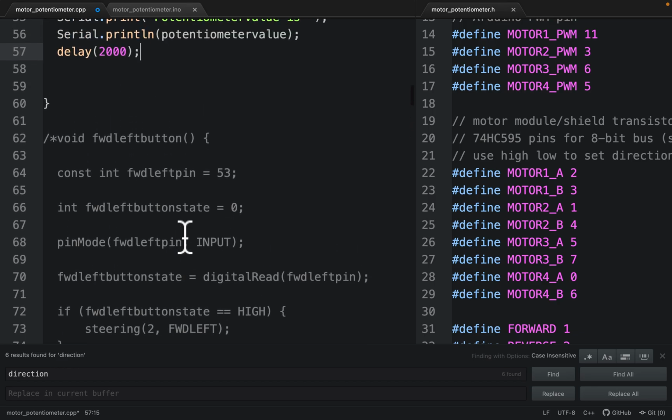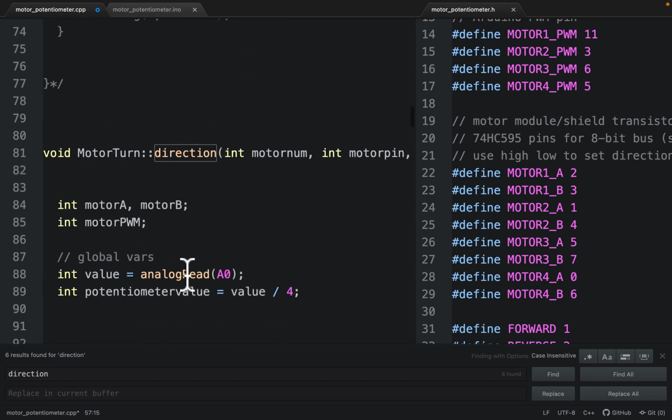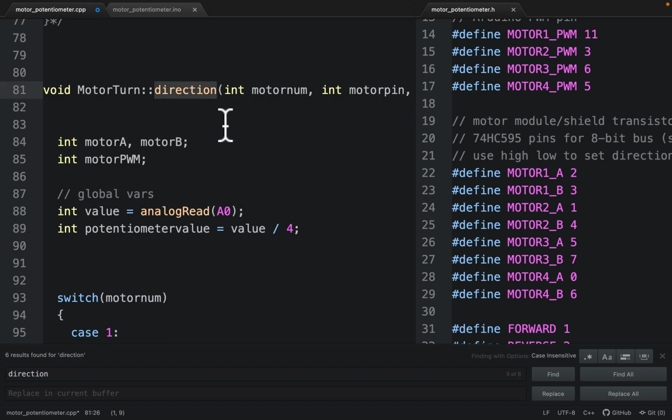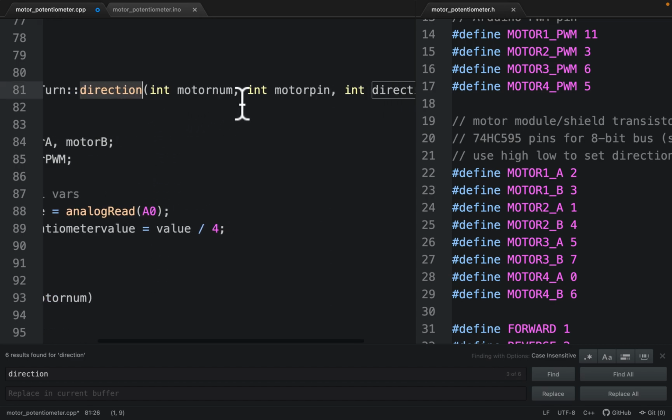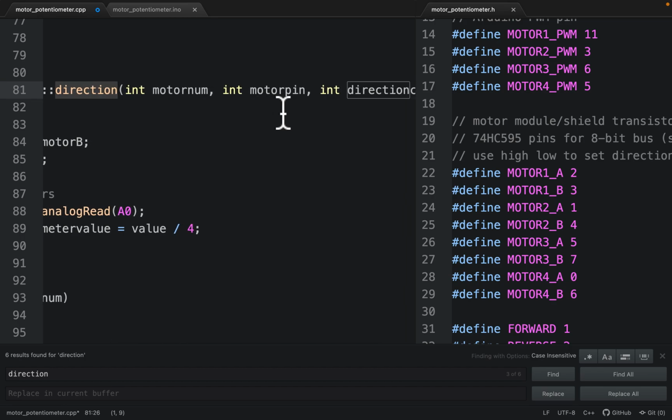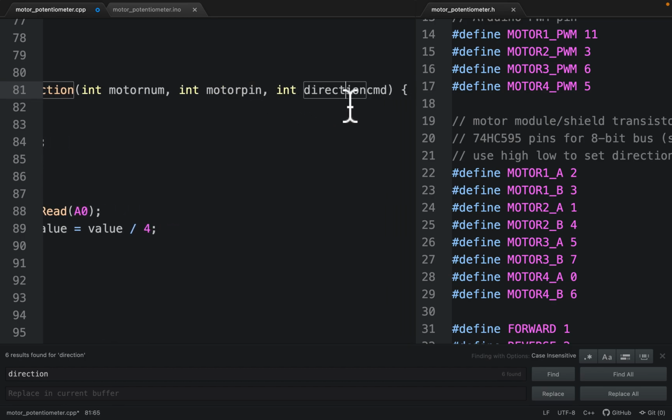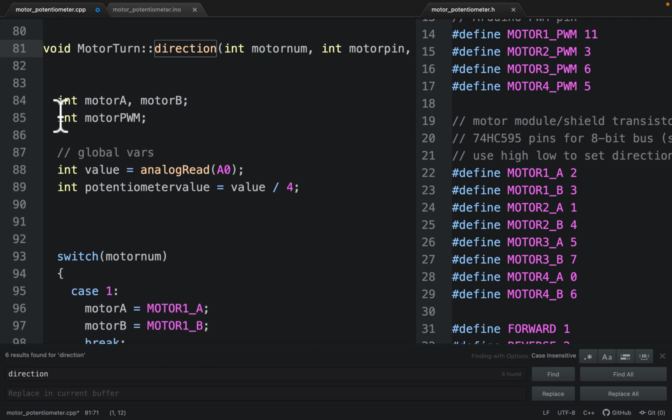And if you also want to put left and right button, you can add it down there too. And for the direction function, we want the motor number, which motor, because we have 4 of them, and it's clearer if for each motor you want it to behave a certain way. Otherwise, if I have 4 of them it's gonna behave really irrationally, and I think that's not what you want. And you have the pin number, you have the direction command, and now we're gonna have some variables,